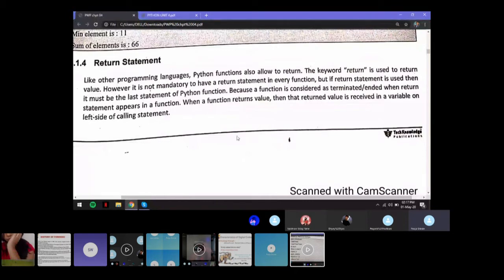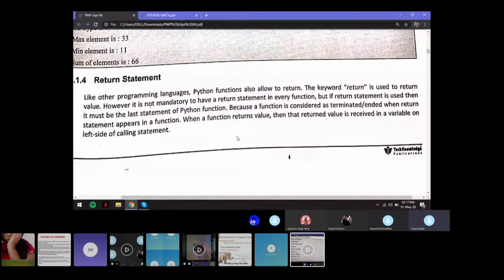The keyword return is used to return the value. However, it is not mandatory to have a return statement in every function. But if a return statement is used, then it must be the last statement of the Python function. So this is a very important point.